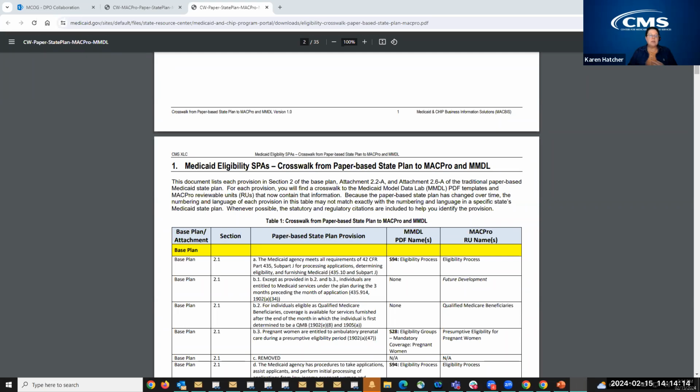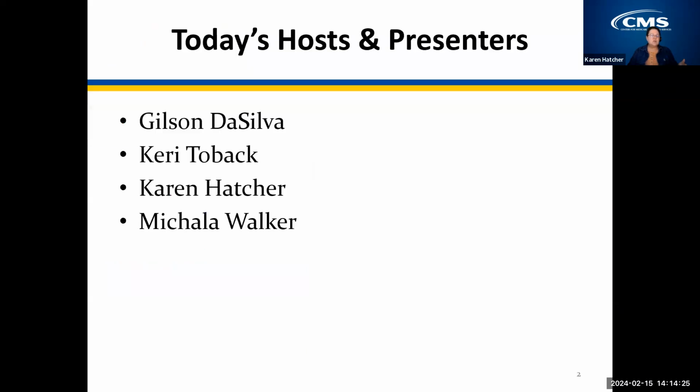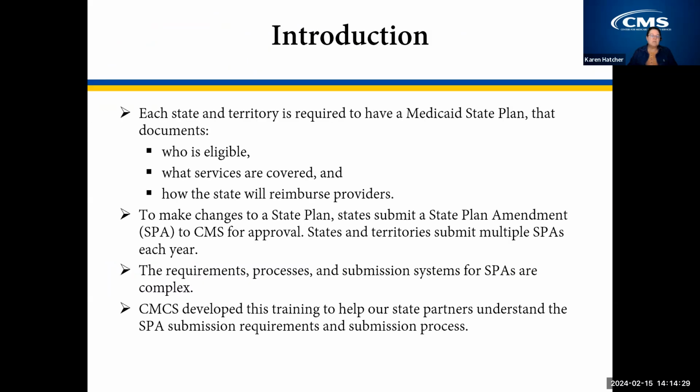An example would be several years ago, I worked with a state where they were adding something to do with a benefit to their state plan. They kept moving it out into the future, and they eventually had to remove it because they could not get funding for the benefit. So you always want to make sure that it's going to happen. And it's not unusual to have a SPA submitted anywhere from 3 to 6 months to possibly a year before the effective date.